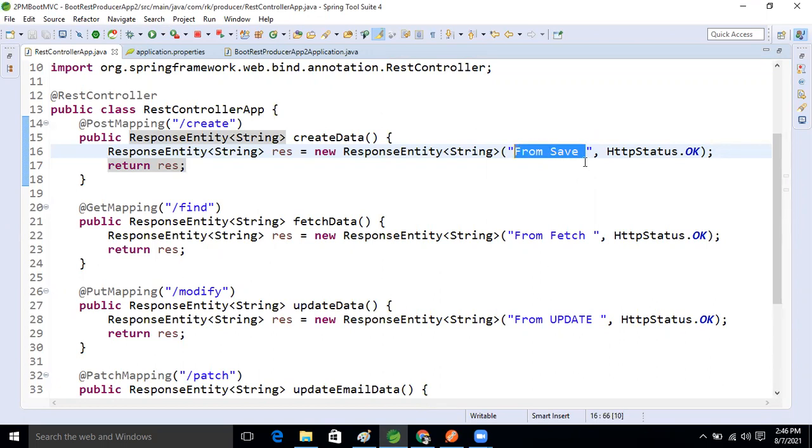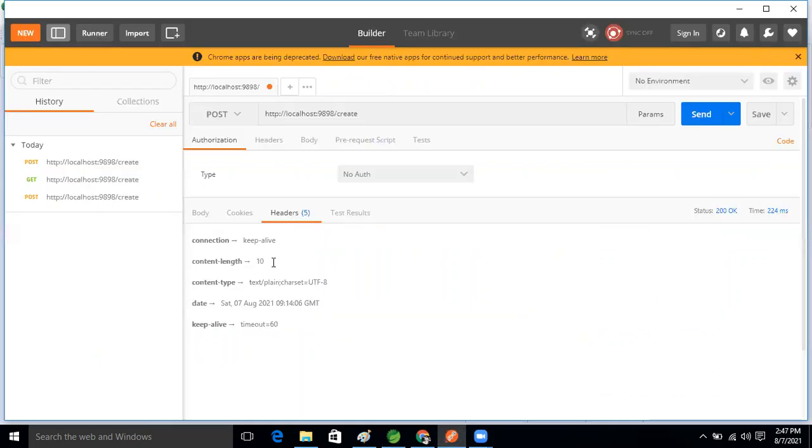There are 8 letters and 2 spaces, so 10.